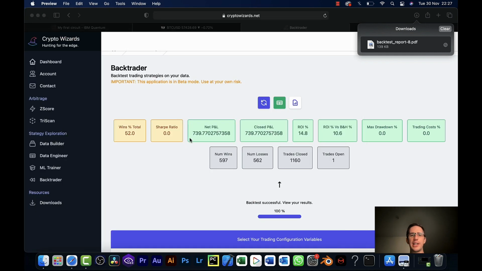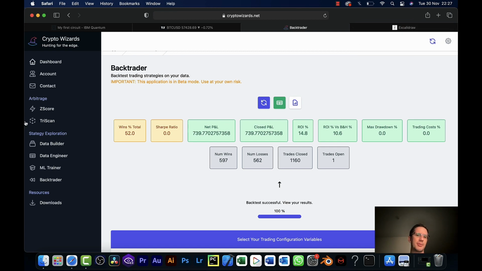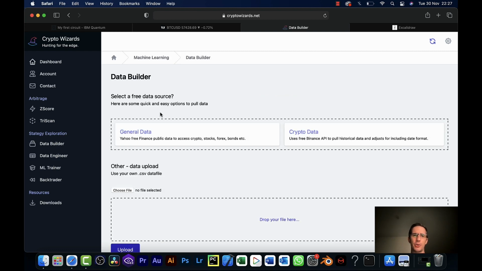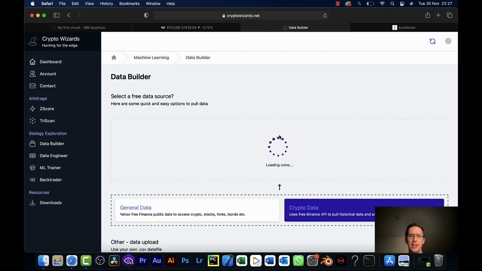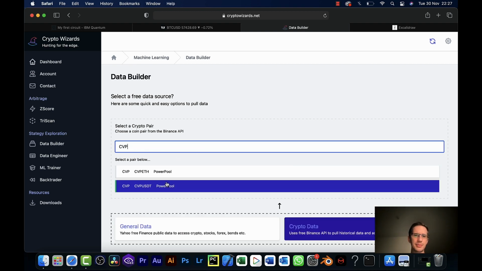So that's really interesting. We've beaten 50-50, and with Bitcoin, it can be hit and miss. I mean, Bitcoin is largely very random, but can we find something else which is, I don't know, less random than Bitcoin? Well, I'm going to run all the same analysis again very quickly. I'm not going to talk through it this time, but I'm going to run it for something called CVP. And I'm going to tell you near the end why I've done that.